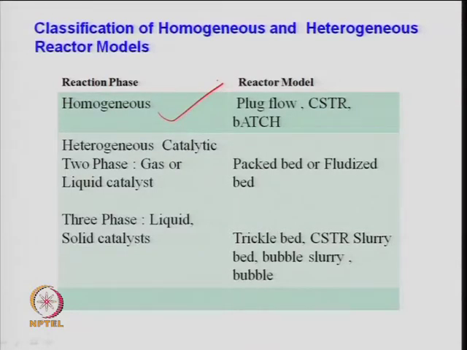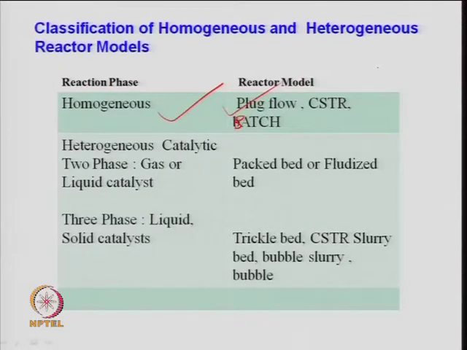So, still a lot of R&D is to be done to develop these kind of homogeneous catalyst systems, but once the catalyst is being operated in a homogeneous system, one can very easily use these kind of plug flow reactors, CSTR or a batch type of reactor, depending on whether it is a continuous operation or an unsteady state type of operation. So, small scale operation or large scale operation, and accordingly the reactor can be selected.